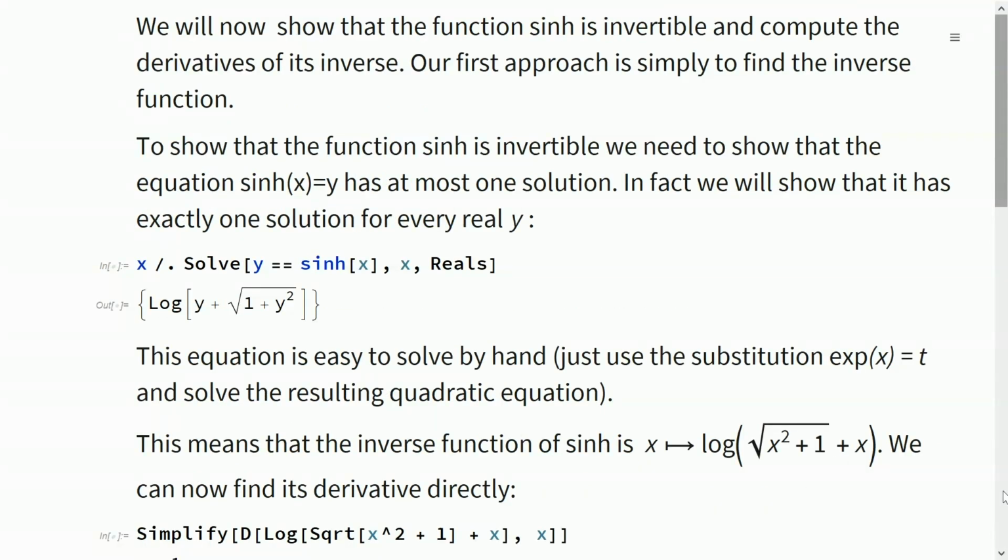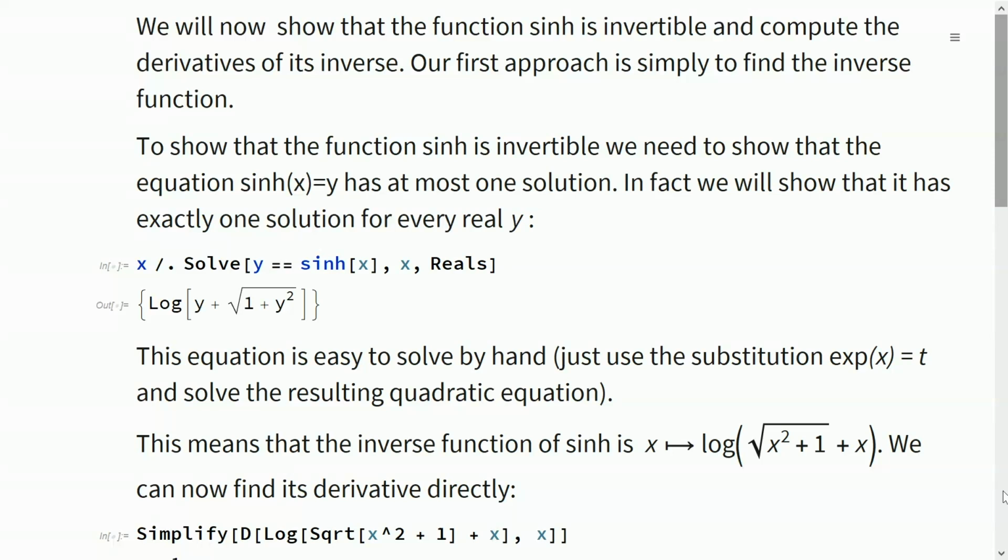Next, when we draw the students' attention to this problem of the incorrect branch of the function, we would normally ask them to obtain the correct answer and verify it. We might ask whether the function is invertible and then compute the derivative of its inverse. To show that the function sinh is invertible, we need to show that the equation sinh of x is equal to y has at most one solution. In fact, we will show that it has exactly one solution for every real y. This equation